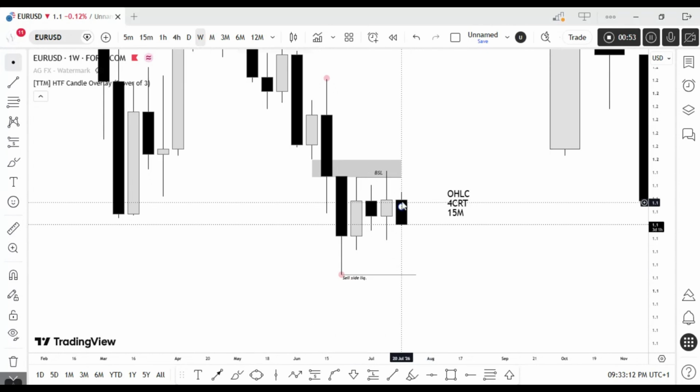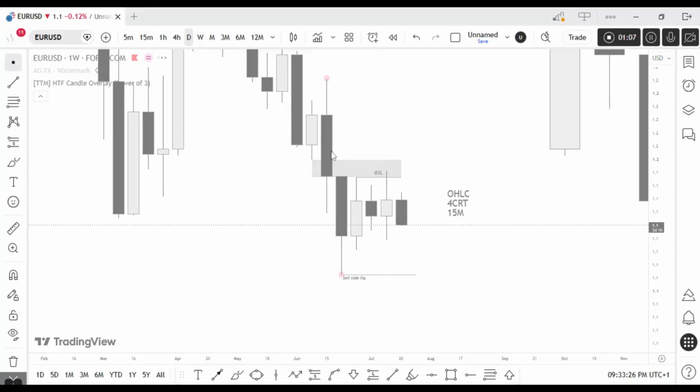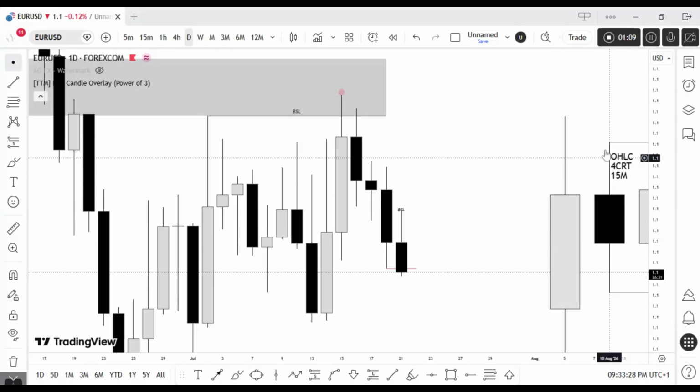Now, I was looking to sell from here to our external liquidity, or our previous weekly candle low. So this is what I was able to identify on the higher time frame before heading down to the daily time frame